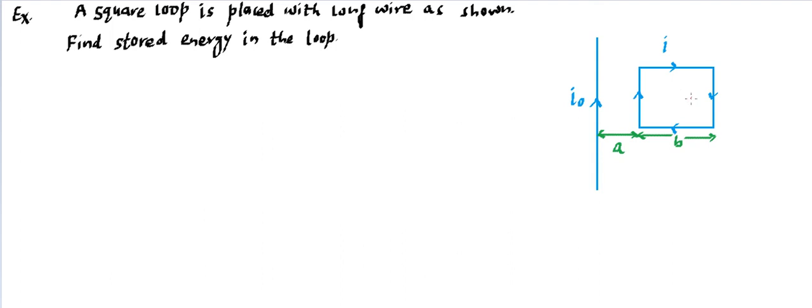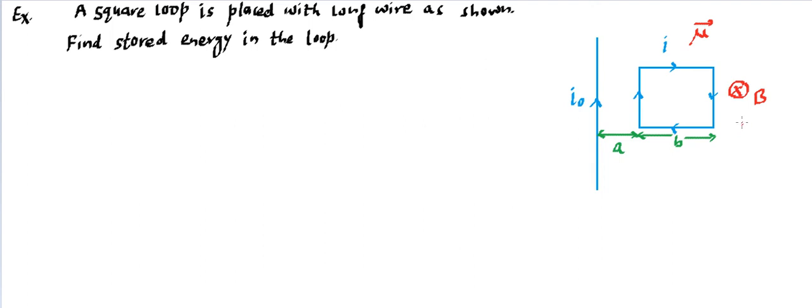Now how do we get the energy stored in this? You need to imagine whether there's energy at all or not. You will find this is a wire. Because of this wire there's going to be a magnetic field existing. In this space the magnetic field will be into the board because of this wire. This loop is going to behave like a magnetic dipole, so there is basically a magnetic dipole placed in a magnetic field. Whenever a magnetic dipole is placed in a magnetic field, there is going to be energy stored in that particular